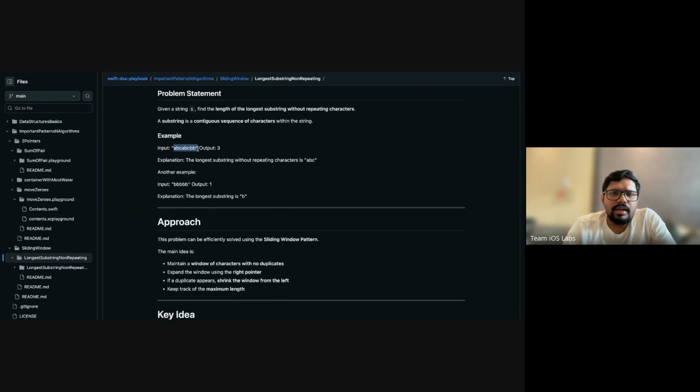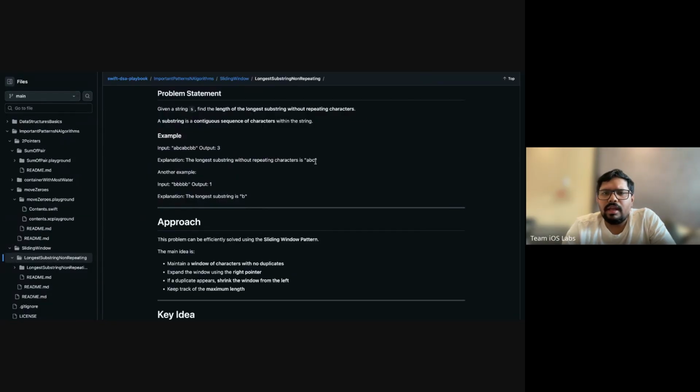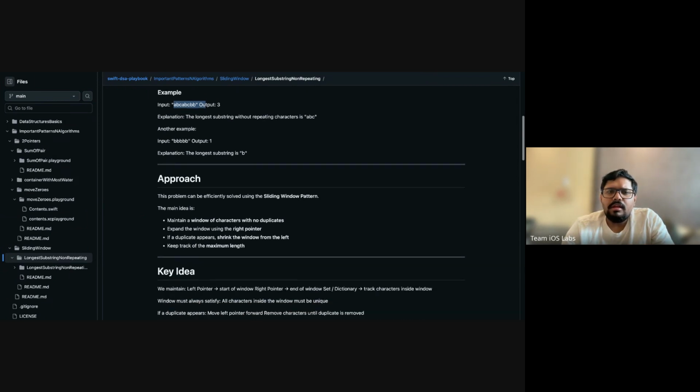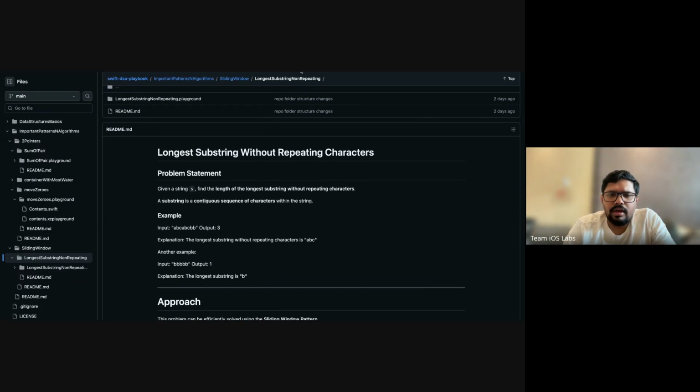So you can see the string here. The longest substring without repeating characters is ABC. You can see ABC or even CAB, doesn't matter, both are the same. But the point is the maximum length is 3 only. Of any non-repeating substring, you can find it here. You can thumbs up once. And even if you see this kind of example, BBBB, obviously only one character is the max length, because every character is repeating. So let's understand this. Let me take you to the whiteboard, how this is working.